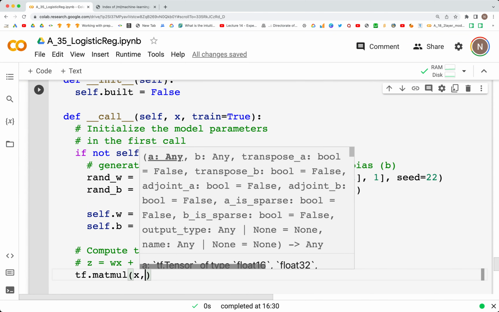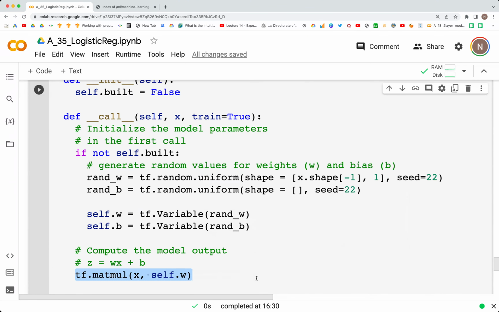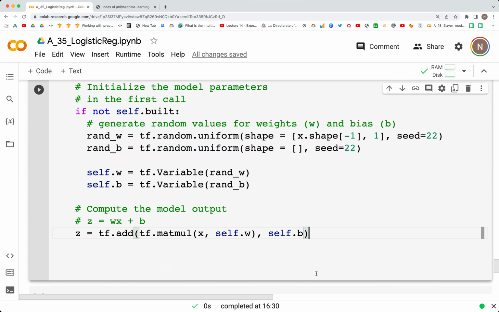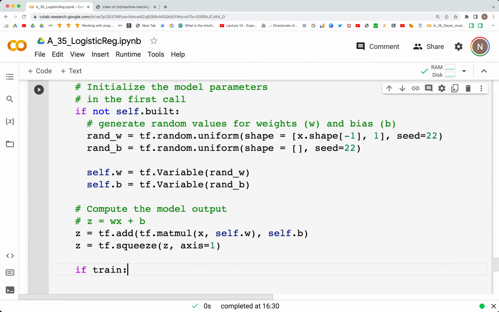x comma self.w, and then whatever value is the output of this, we are going to perform the addition, tf.add, add this to the bias self.b, then put all of this inside of the z, and then we can squeeze that to remove any extra dimensions. Squeeze z, axis is equal to 1, and if train is true, then return z,